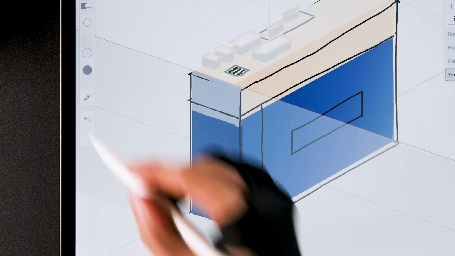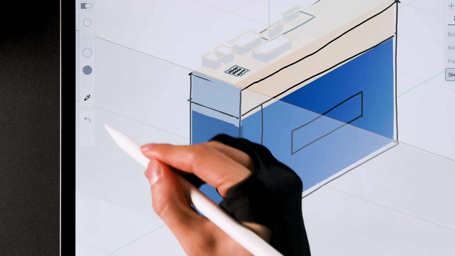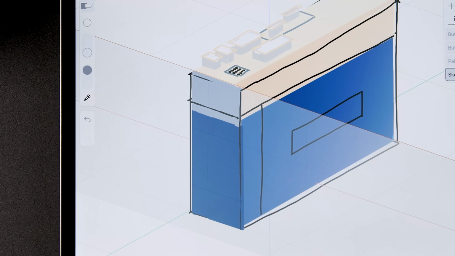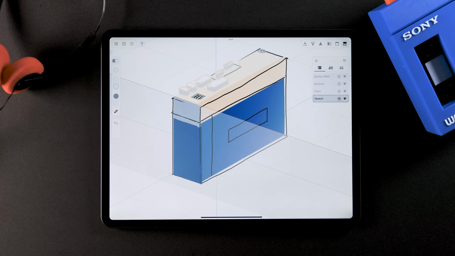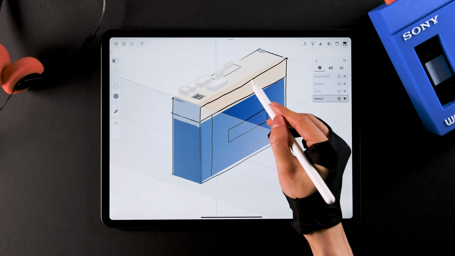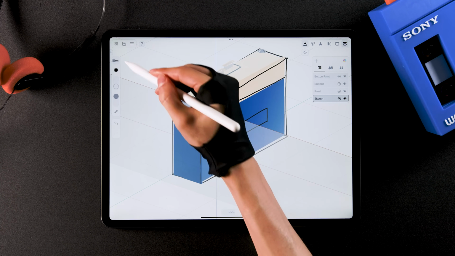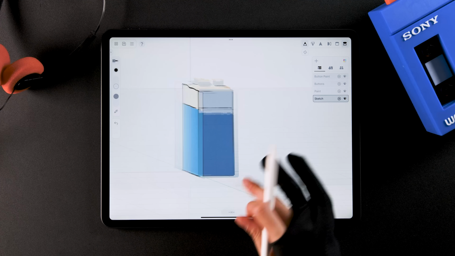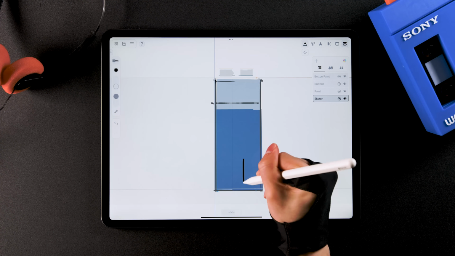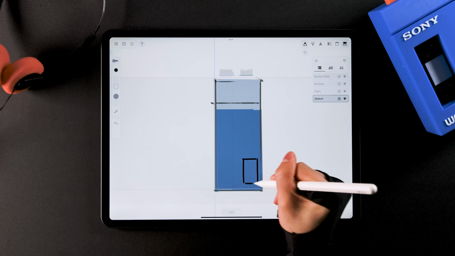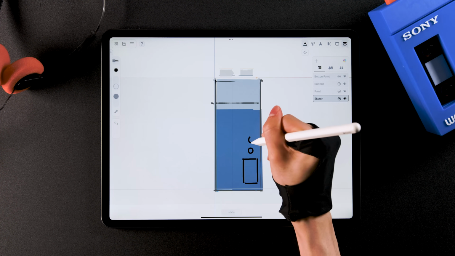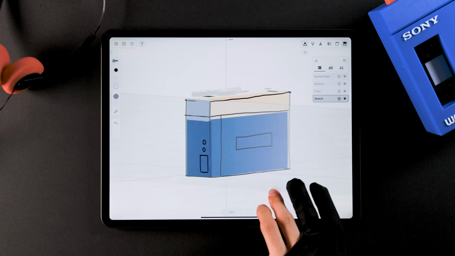The button right here is called the injector, which functions just like the eyedropper, but extracts every property of the stroke you select. When you touch a stroke with the pen, you'll see the brush type, color, and size all change accordingly. Let's extract the strokes we used for the sketch, and then draw a button like this, and add 2 circles on top for the headphone jack.